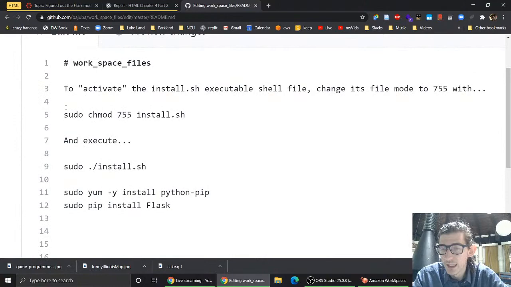So these are the setup steps we did for Ralph's script. We changed the file permissions on the install.sh file so that we can execute it by running this command. And then once all that is completed,